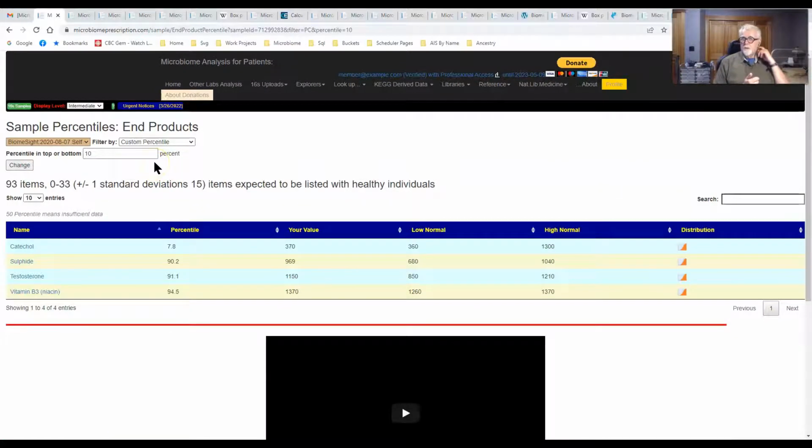And there, if I jack it up to 10 percentile, you see whether you are at the bottom or the top. As in, for example, testosterone, your production level seems to be higher than normal. Well, hopefully you're a male, but if not, well, no comment. Niacin, you have high production of it, which implies you probably do not need niacin as a supplement, etc. Here is a supplement which you may be able to find in one form or another. And up at the top it says